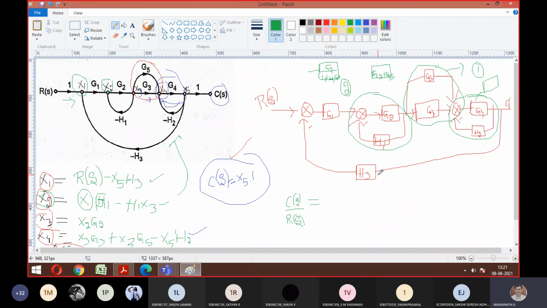Is it okay? Check out the answer and tell me what is the answer, guys, because I want this to be compared with my next procedure. So that is the end of the problem. See the length of this problem. You can expect at least 14 marks. Just solve this and tell me what is the final answer. If you want, you can write the things in one block separately, like G equivalent and H equivalent, and tell me the final answer.